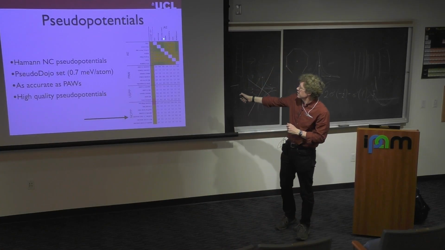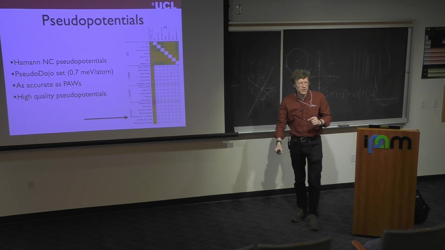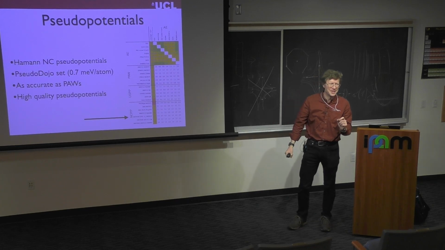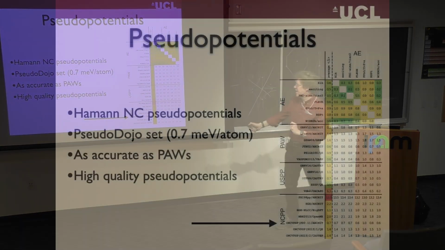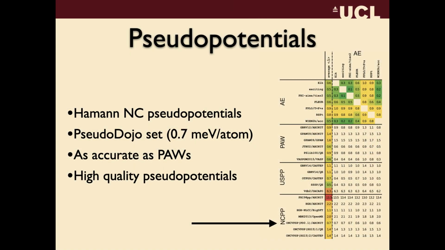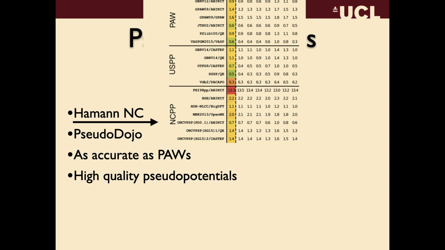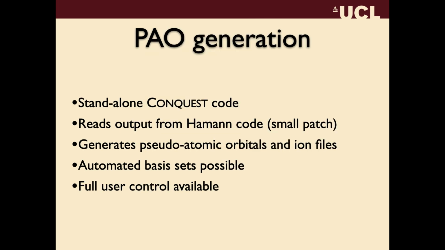Just to show you, this is the table from the delta function study, which I think is still the single nerdiest science paper ever published, and it was done by our community, which is brilliant. And just to show you that actually the ONCV-PSP, which is this Hamann pseudopotential, which is norm-conserving, down here, it has as good accuracy compared to all-electron calculations as most of the all-electron calculations themselves. They're an incredibly good set of pseudopotentials. They are also quite a heavy set of pseudopotentials. They have a lot of valence states and semi-core states. So we do want to look into a slightly lighter set of pseudopotentials, but they're there and they're reliable.